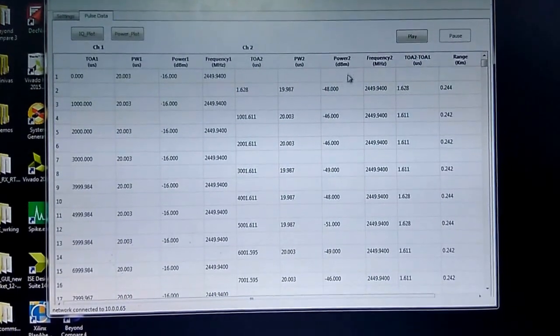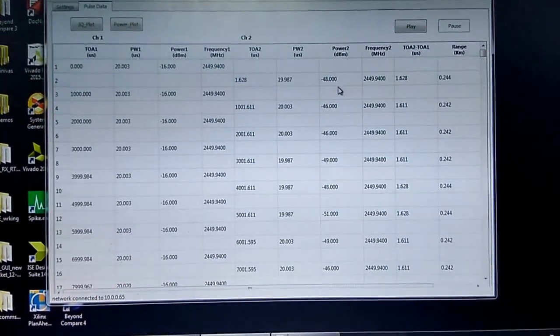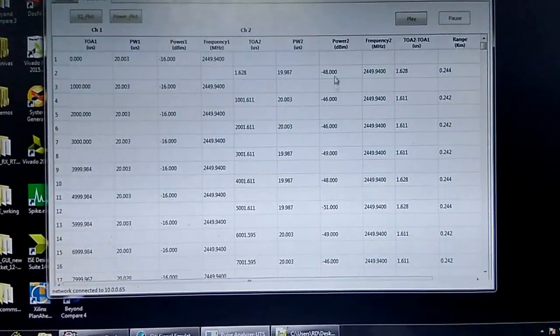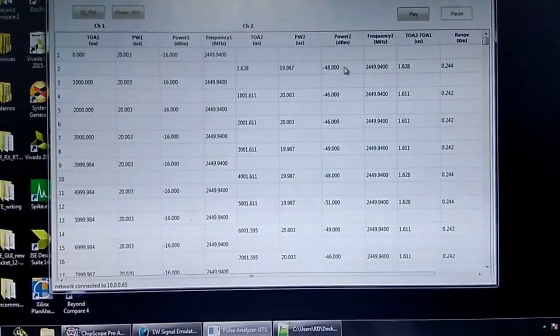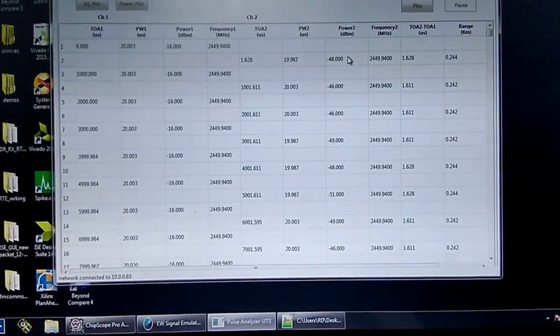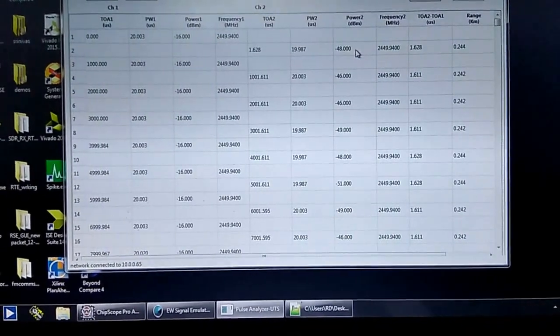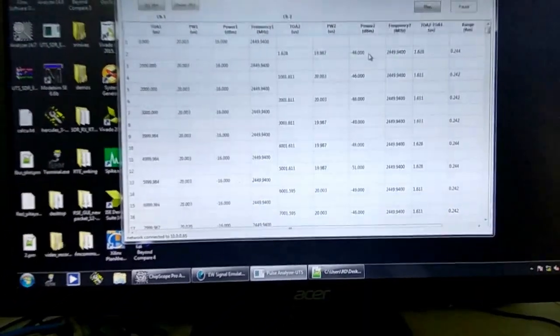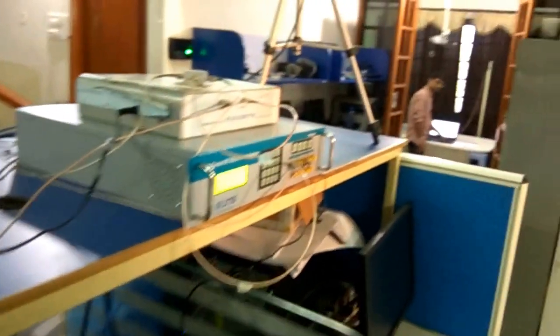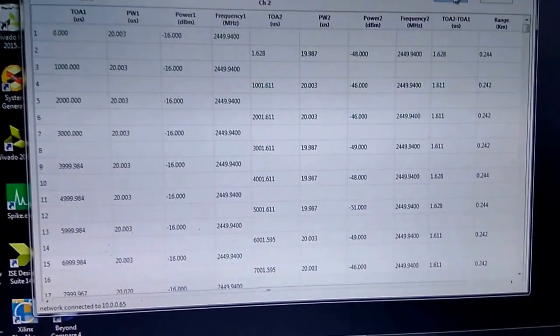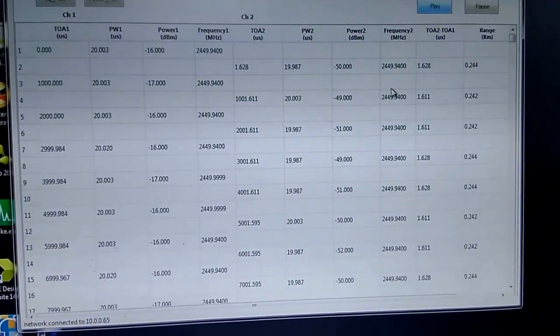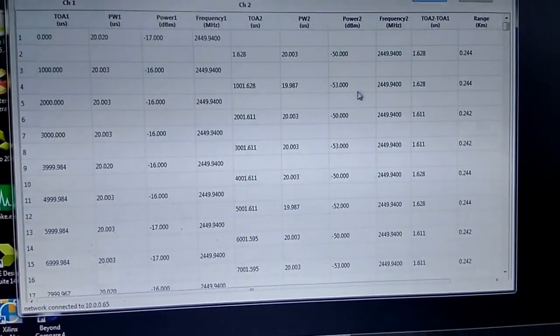Now what I would like to show one by one, you can see here the power level. As I said, this is not a calibrated setup. So even though I put 0 dB, because of the path loss, what we are receiving here is actually minus 48 dBm. Now I'll ask my colleague to change the attenuation by 5 dB. So now what you can see here, now I'll put the play button. You can see there is approximately 5 dB change.